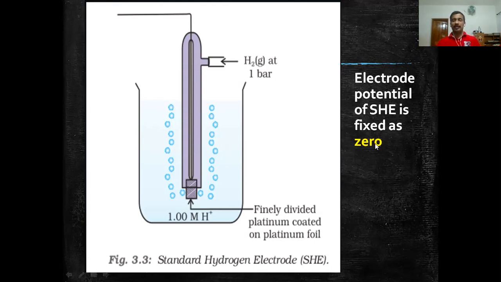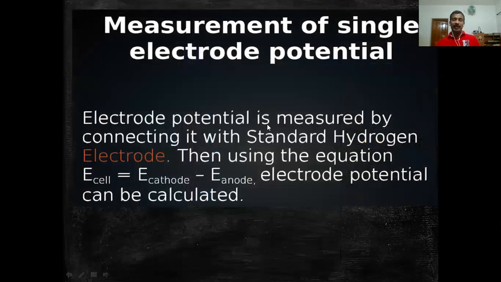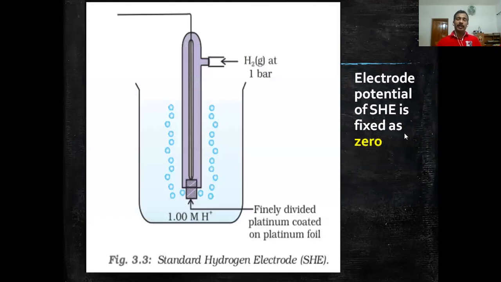And here you can see an electrode known as the standard hydrogen electrode, which can be selected as a reference electrode. It is difficult to maintain, but we can use it as a reference electrode. Here you can see a platinum wire that is fused in a glass tube, and at the end there is a platinum foil which is coated with finely divided platinum, and this entire setup is inside a glass tube